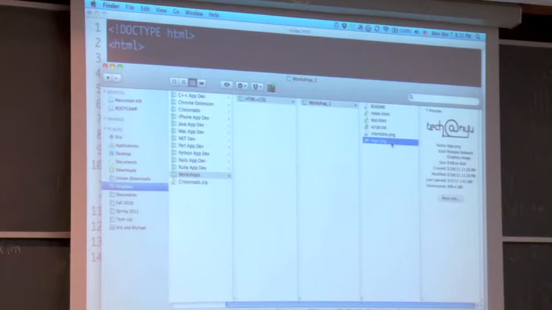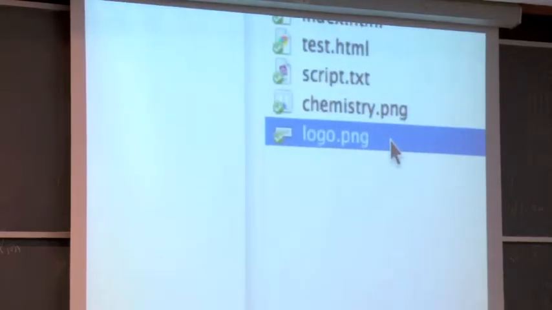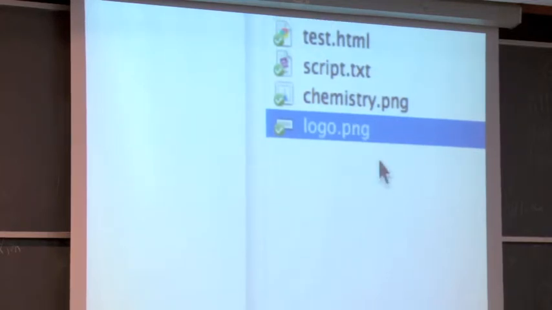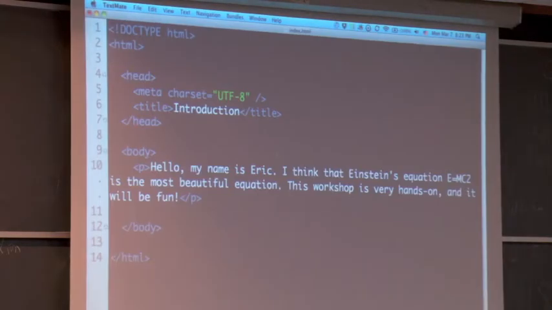So notice that I have a logo.png file, right? Your web browser can render pretty much any type of graphic files, right? It doesn't matter if it's JPEG or GIF or PNG files. It should be able to render pretty much all image files. Right? So I'm going to go back to my text editor, and I'm going to have an image tag, right? All right. So image tag